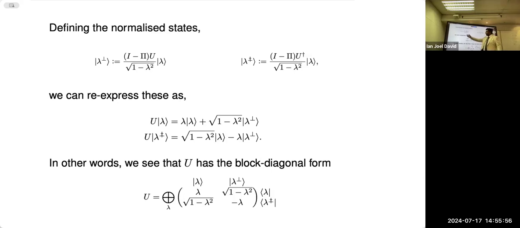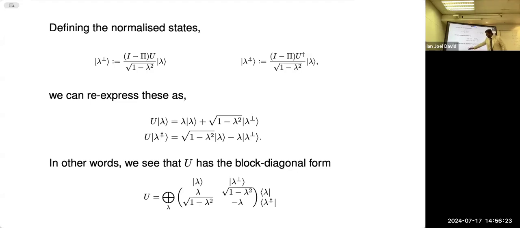We define the normalized version as follows. And then we can re-express this using the following. So we now have this U acting on the span. So we said that U will map this to this. So we can re-express our U acting on these vectors in the following way. And after that, what we end up seeing from this is that U in block diagonal form,